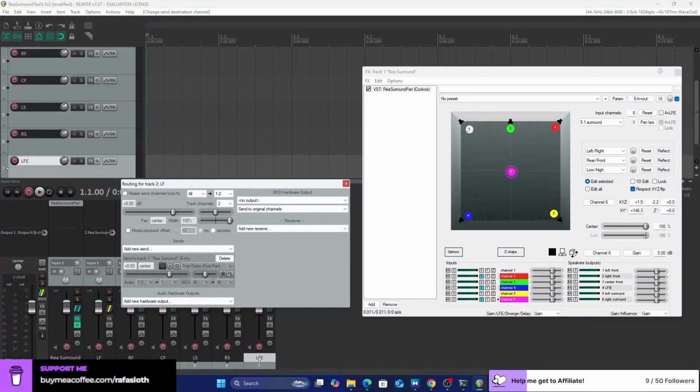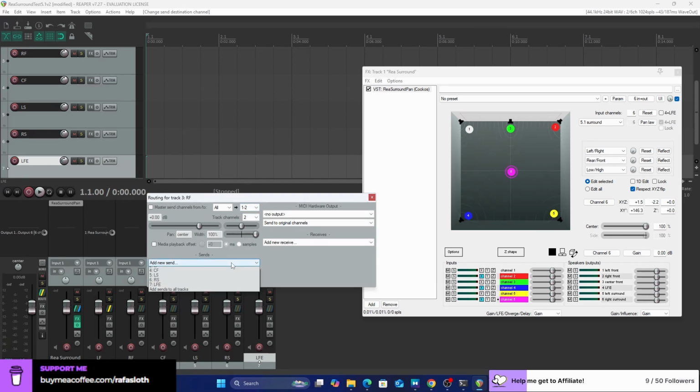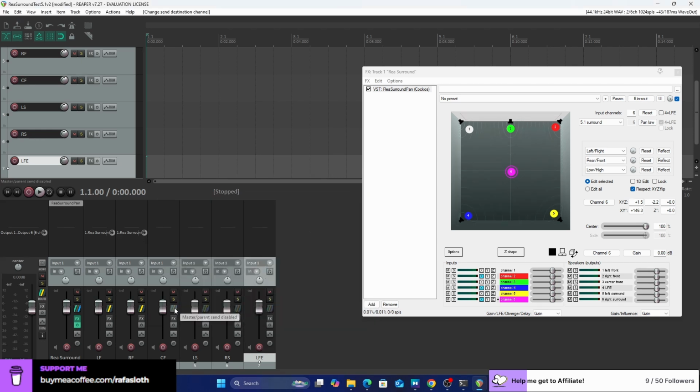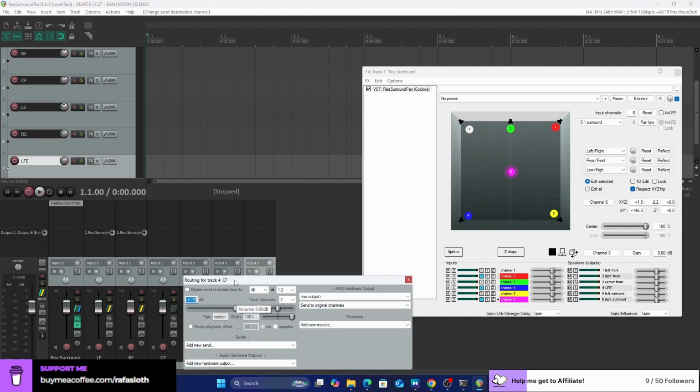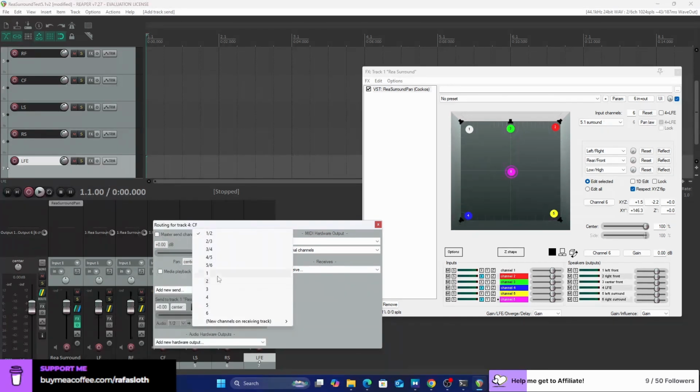Number 1, left front, channel 1. Okay, right front is channel 2. This one is center front, channel 3.